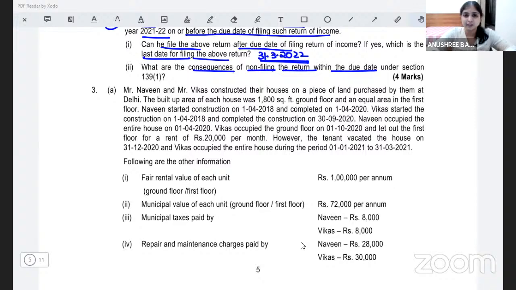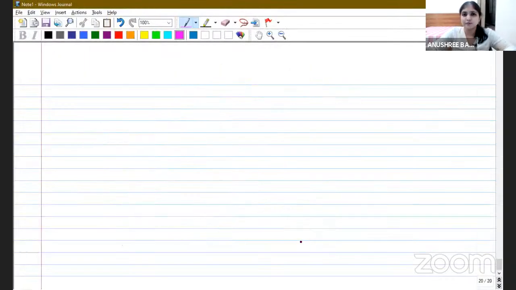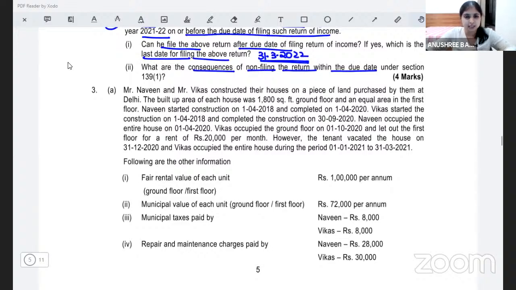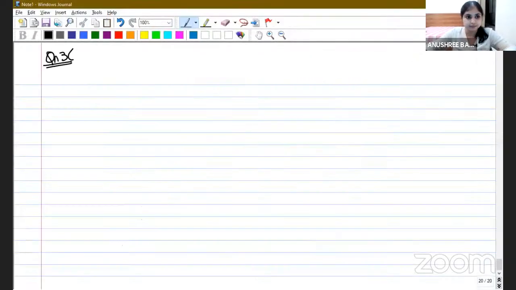The third question is an IFHP question, and many of us would have already worked out this question. This is a very popular examination question. It's also there in the study material. If I'm not wrong, we also work out this question in our usual classes, isn't it? So the students who are watching this lecture right now, if you have attended my classes, we would have already worked out this question in class. But nevertheless, we'll work it out again. It is a part of the mock test paper, and we are solving it, so we might as well work it out again. Question number 3, subdivision A.